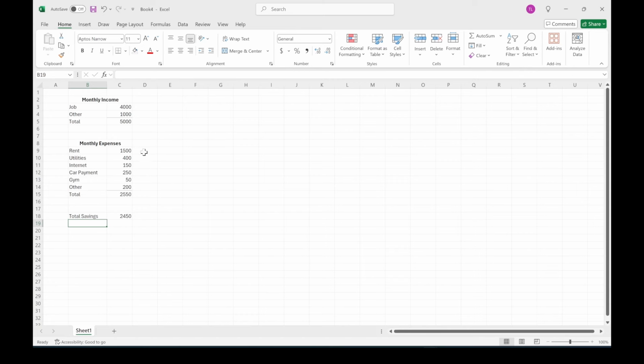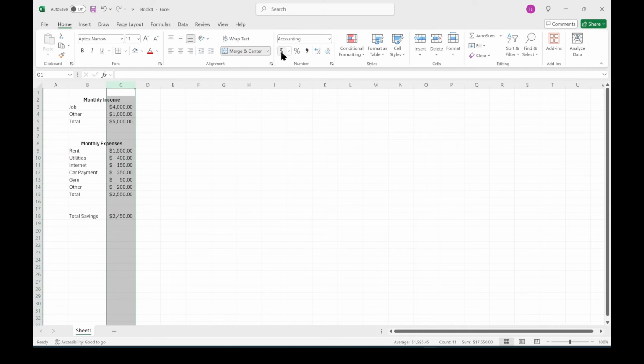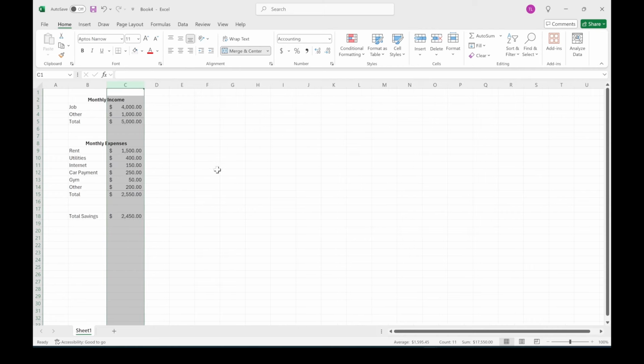Now, something else I want to do is I just want to take this column here. I want to take all these numbers. Oops, I don't know why it's doing that. Oh, I know why. So we just want to take column C and click the dollar sign, and that's going to convert everything from regular numbers to dollars. And again, it just makes it a little bit more visually appealing. If you want to know what I did there, I just clicked on column C. It highlights the whole column, and then I just click dollars, and that's going to convert everything from numbers